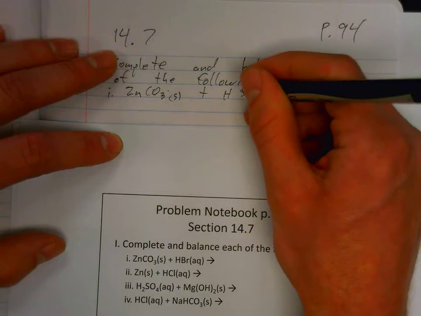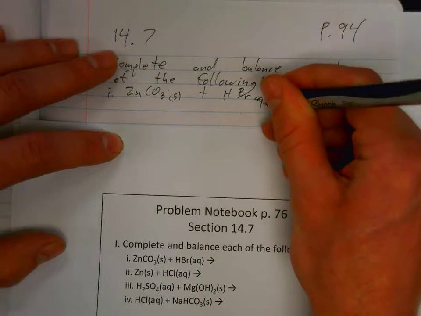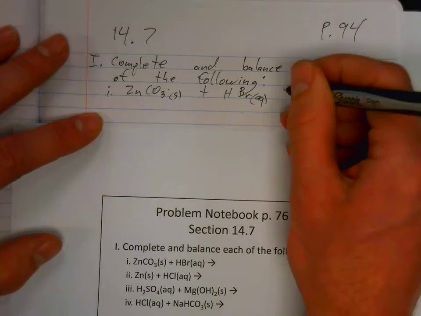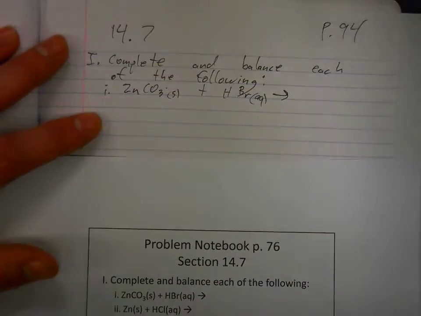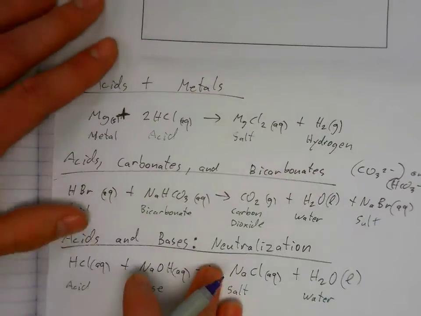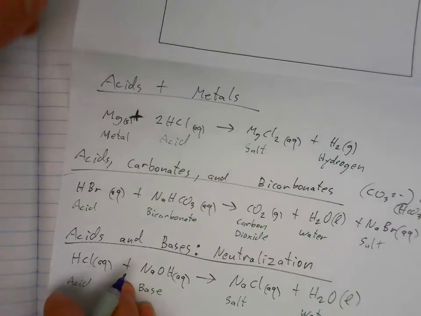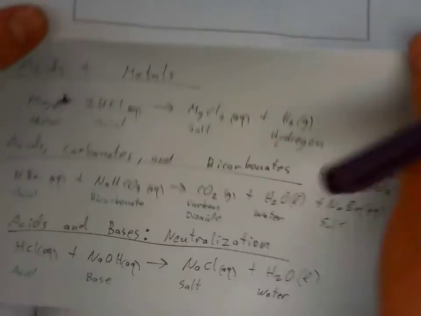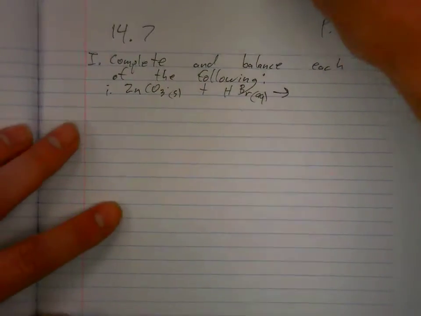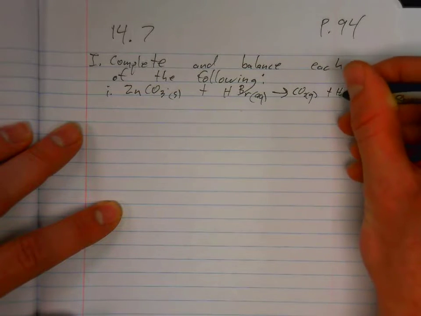with HBr, hydrobromic acid. So first, let's figure out what kind of reaction we have. Based on the types that we just saw, since there's carbonate in here, a CO3, we predict that this is a carbonate reaction, and the products would be carbon dioxide, water, and salt. So we can predict CO2 plus H2O